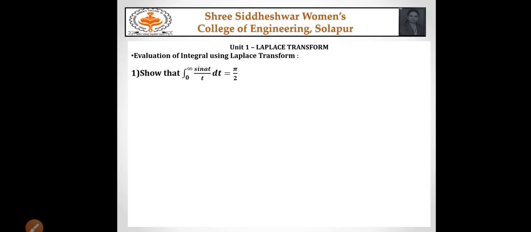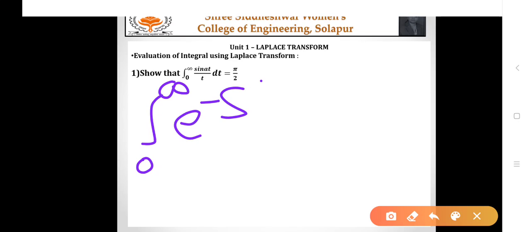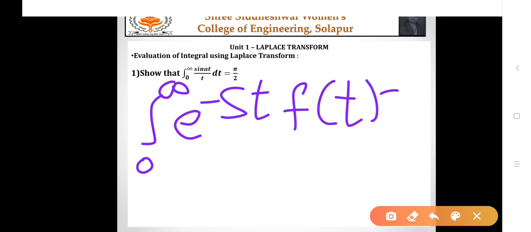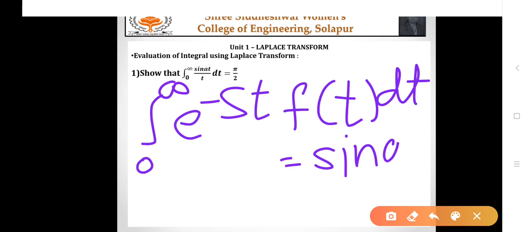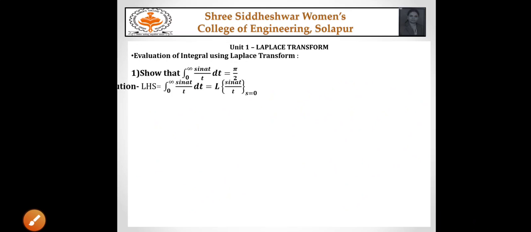The first example is show that integration from 0 to infinity sin at by t dt equal to pi by 2. So here if we compare the LHS with the standard form 0 to infinity e raised to minus st f of t dt, we can easily say that f of t is nothing but sin at by t, and here the exponential term is absent, or absent means it is equal to 1, so it is possible only when s equal to 0. So here we have to find out Laplace transform of sin at by t at s